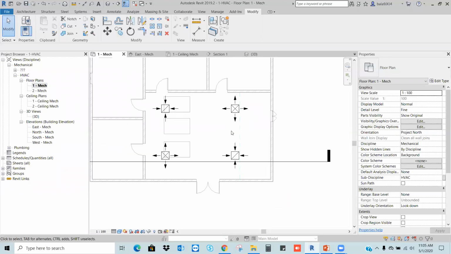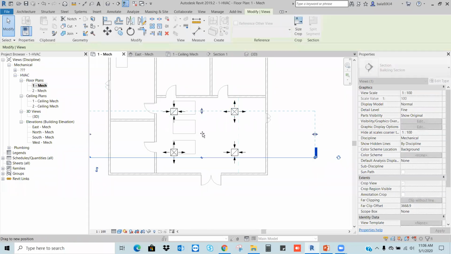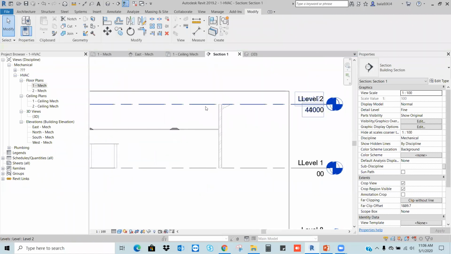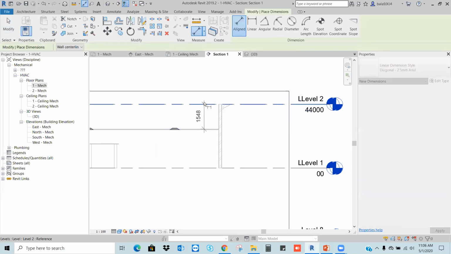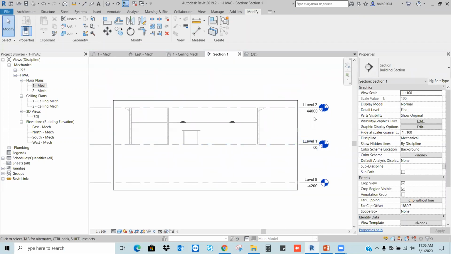So to draw the duct, again I need to check my height. Let's say this is my floor height. I'm going to the D. What is the height I have? I have 1.5 meters above the ceiling. So my duct should pass through above the ceiling. Let's say what is my total building? I'm at level height 4.4 meters. Okay.